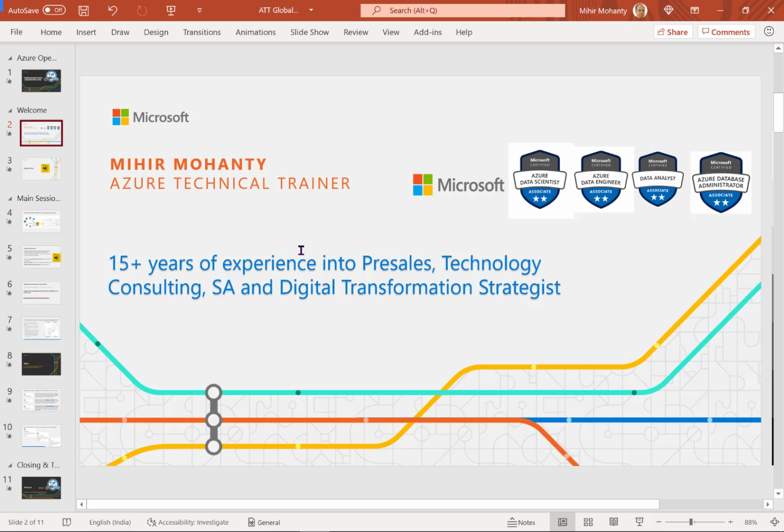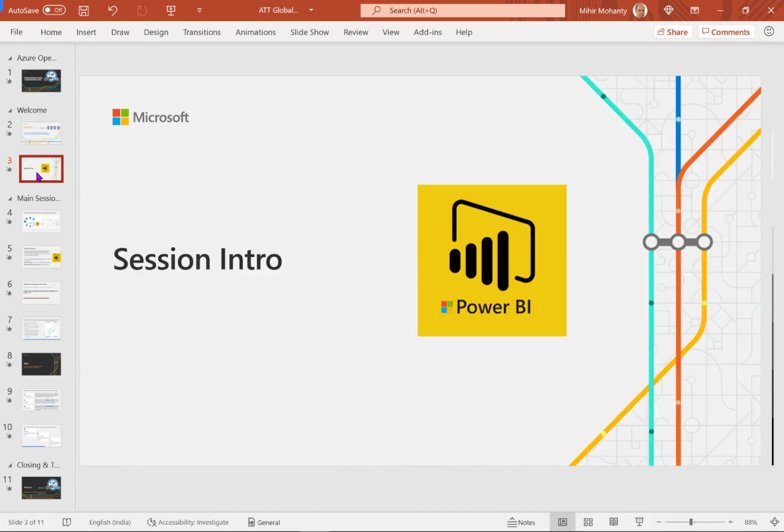So my primary expertise lies within data platform, data engineering, data science, database administration, and data analysis. And on the basis of that, we are going to discuss more on Power BI as we progress on the slides.